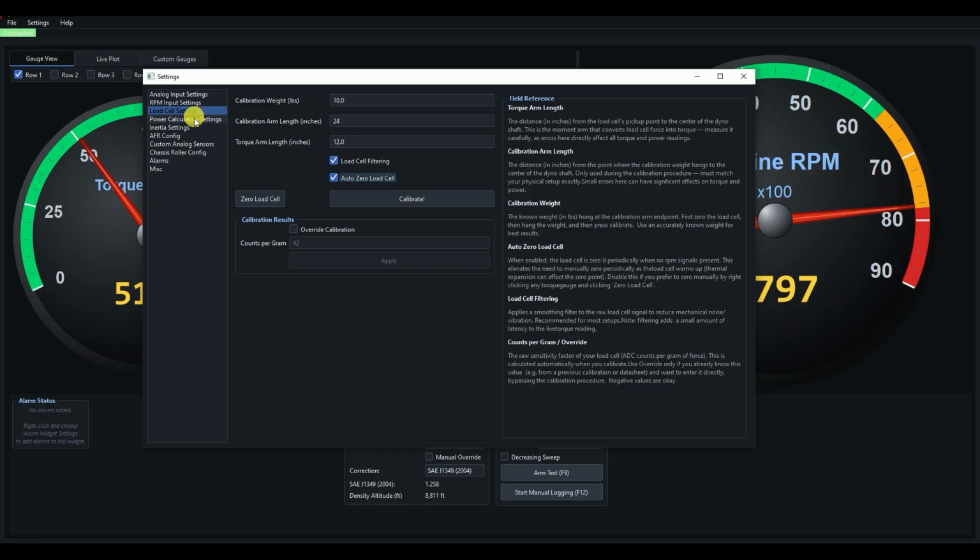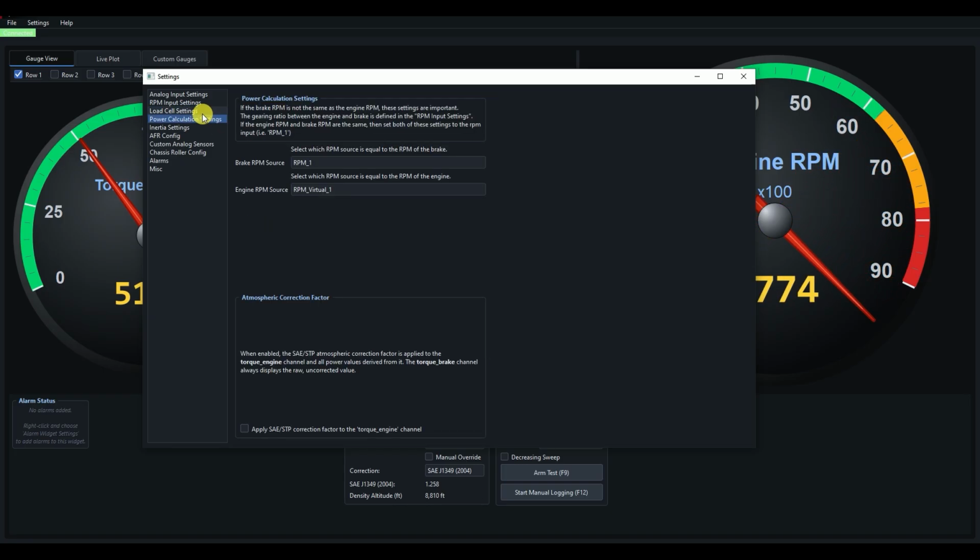All right, so now to our power calculation settings. So the power calculation settings is sort of how we're telling the software which values to calculate power from. So again, this is important, especially if we have some gearing between the engine and our brake. So it says right here, if we just read it, select which RPM source is equal to the RPM of the brake. So if our sensor is directly sensing the speed of the brake shaft, that is going to be